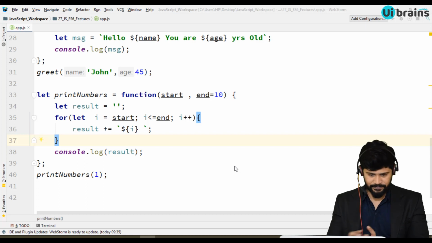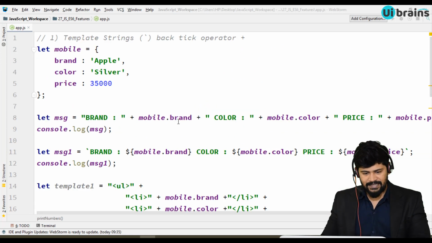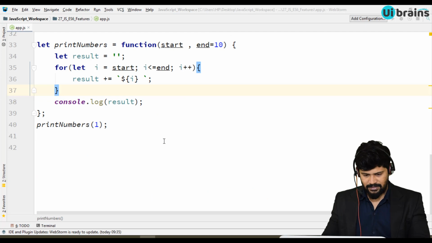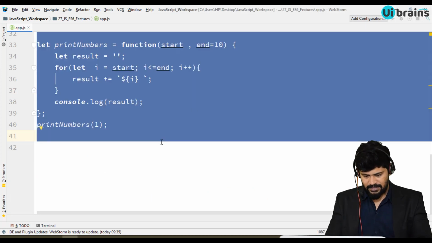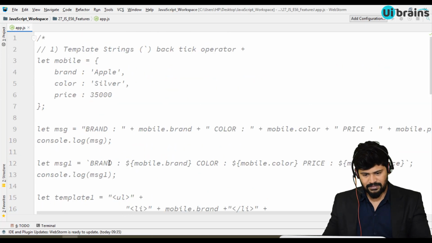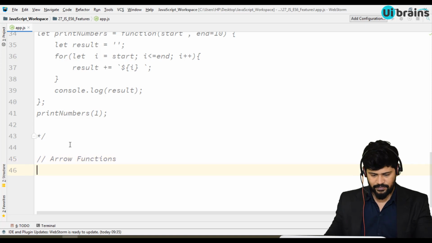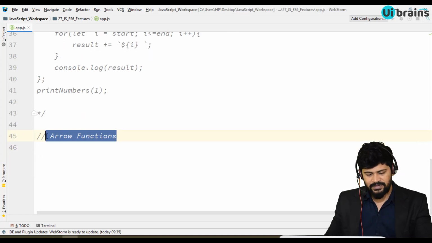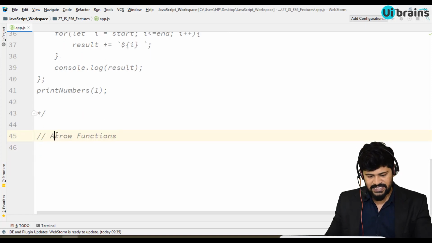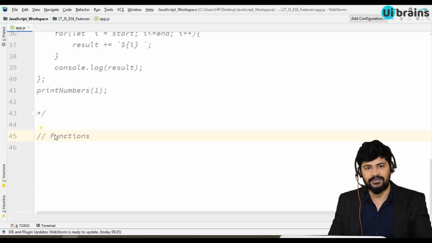Let's see here. I just commented out all this, so I don't mess that up. Let's take an example of arrow functions. Before we discuss arrow functions, first we'll see how many ways we can declare a function.